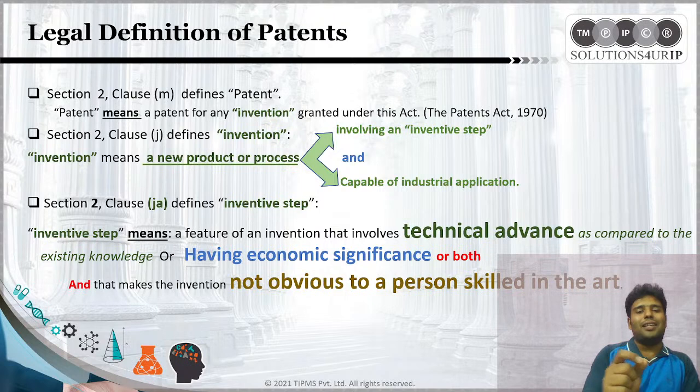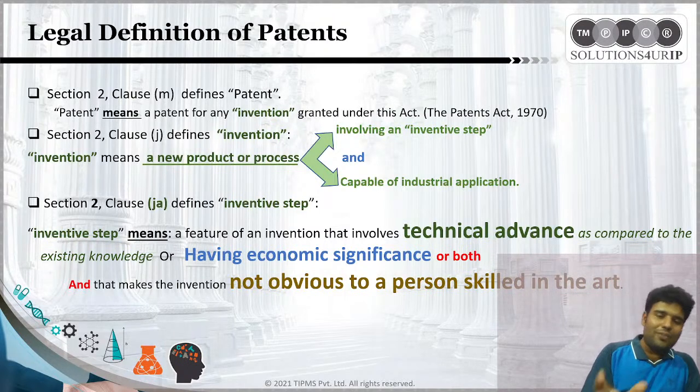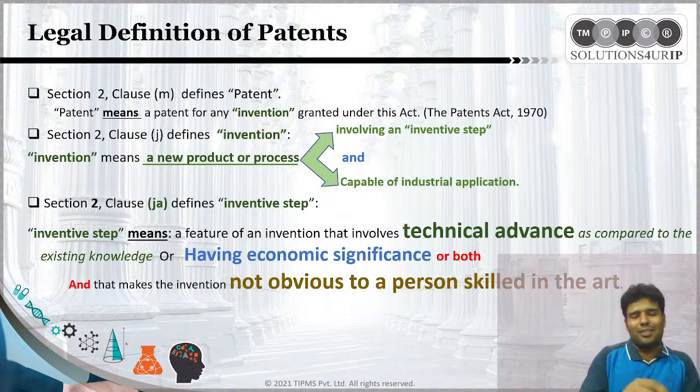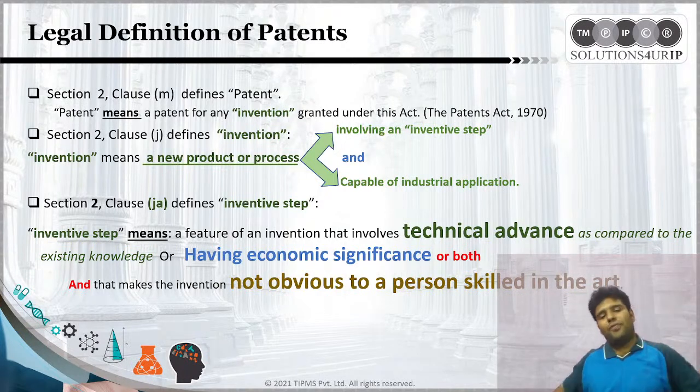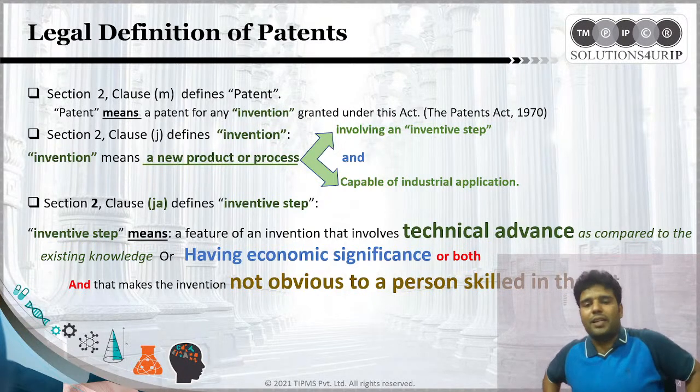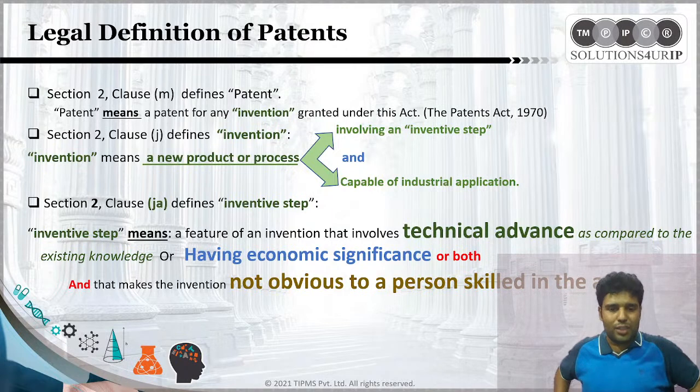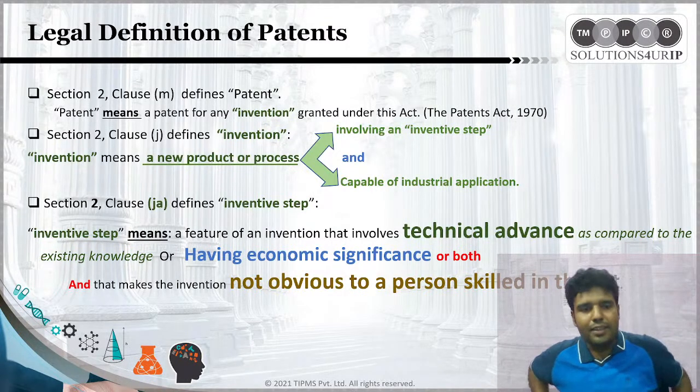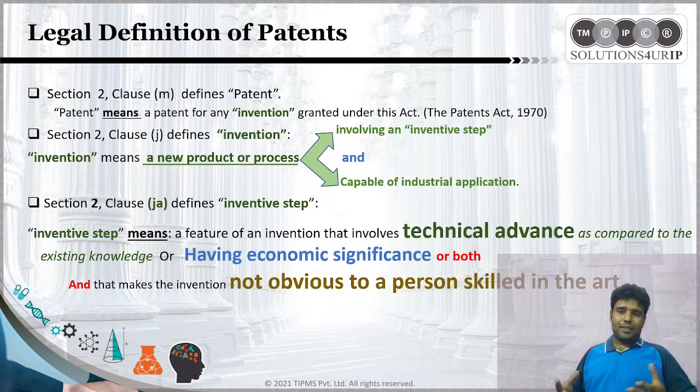So these are the tactics. Even if you don't know the answer, if you have written something under inverted commas, you don't need to remember any section. Just write "inventive step" under inverted commas. The examiner will understand this person has good legal aptitude. And this is a legal paper. Now let me make you understand "inventive step", and we will close the session as of now. Okay, so inventive step means